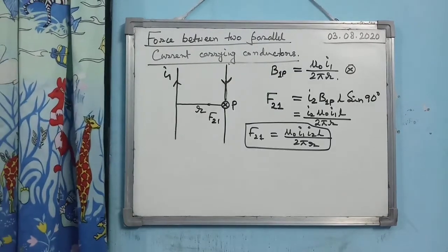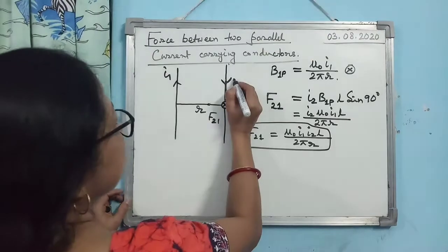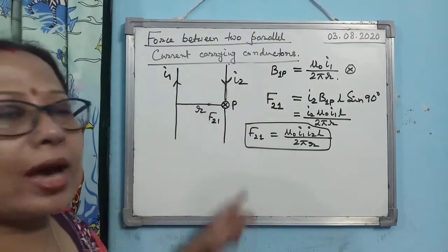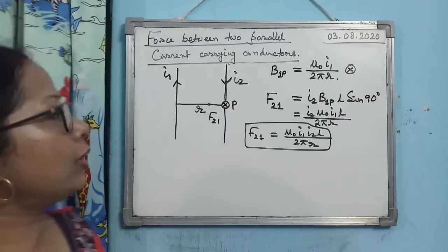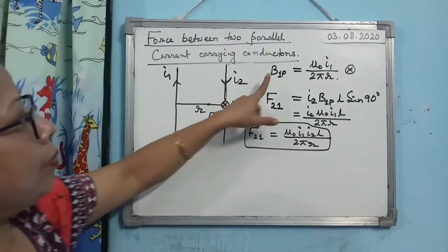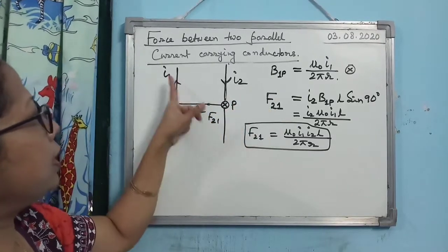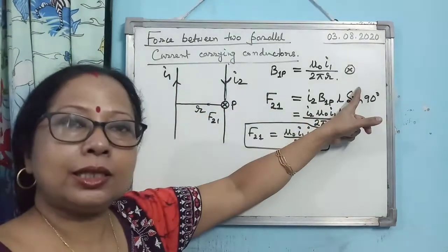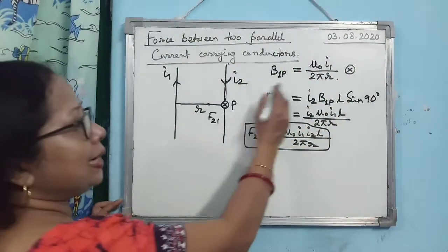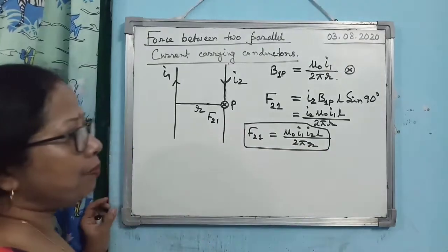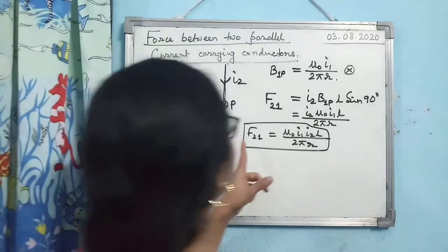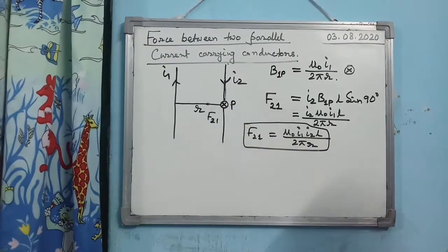Now consider the case that we have taken two conductors carrying current in opposite direction, I1 and I2. So I have changed the direction of I2. So what will happen, you see? If you change the direction of I2, then the magnetic field at the point P due to current I1 will not change. It will be in the inward direction only. And the magnitude of the force also will remain the same, mu 0 I1 I2 L by 2 pi R. But what will be the direction of F21 in this particular case?